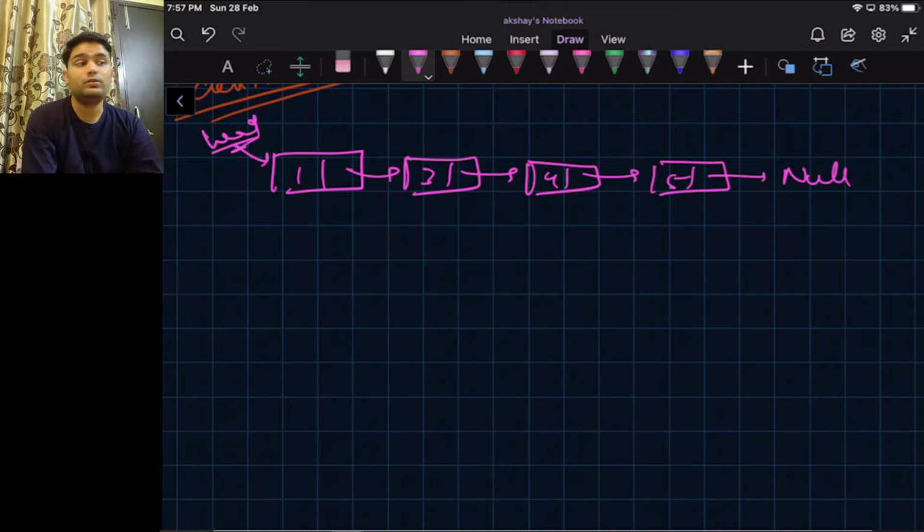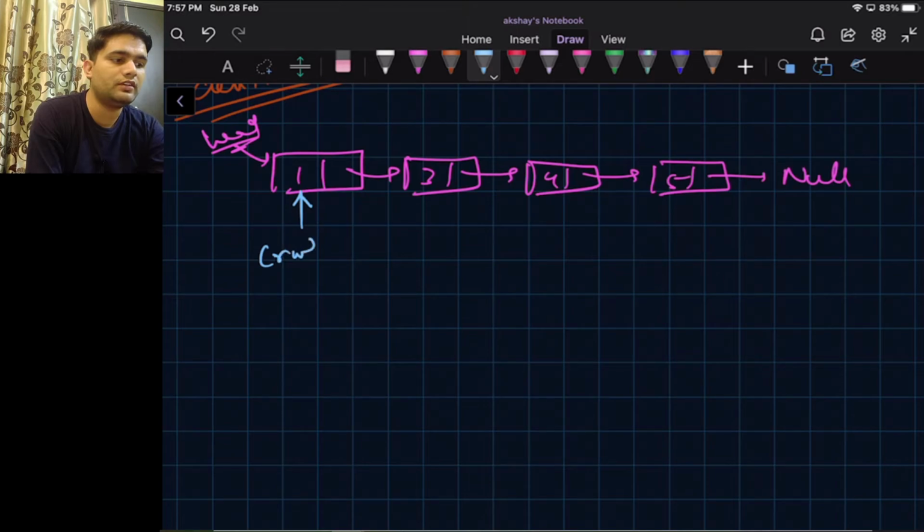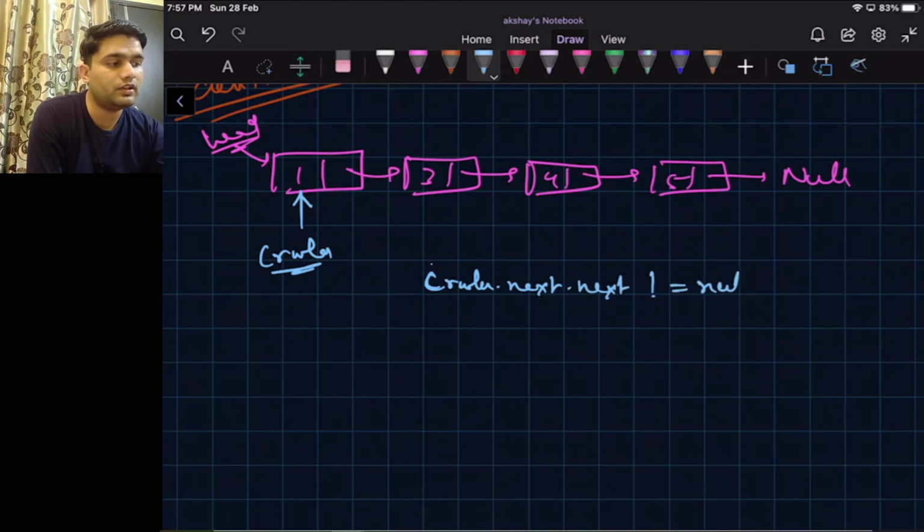We know how the crawler works, and that is one handy trick. We will create a crawler here, and the crawler's job is to crawl the linked list. We need to crawl this till crawler dot next is not equals to null.